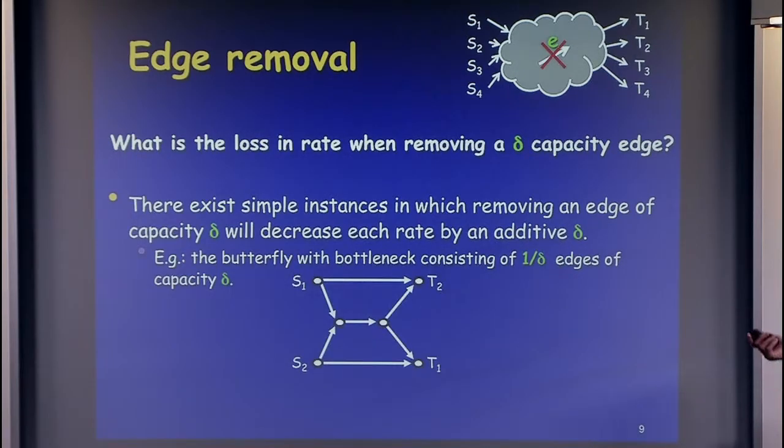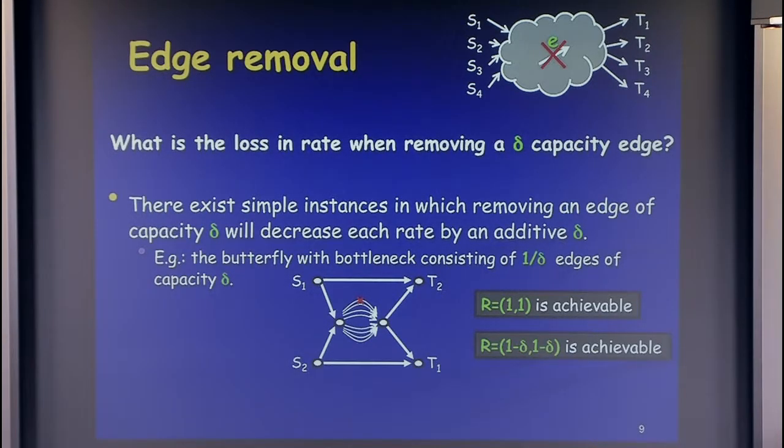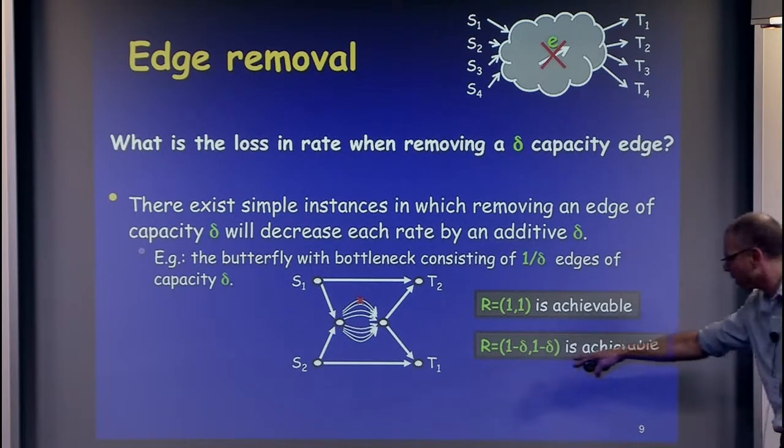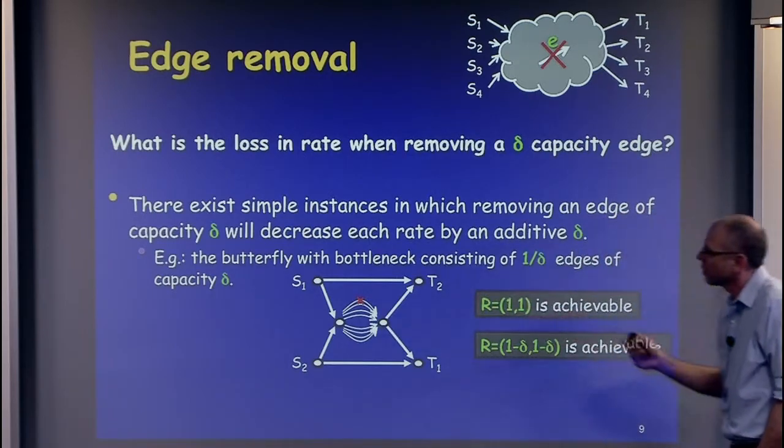And here's an example. It's just a butterfly example. In this example, you can communicate at rate 1, 1, in the sense that if each edge has capacity 1, then you can just send these bits over the network with block length 1 and communicate at this rate, and this rate is optimal. But now if you change this bottleneck edge into a bunch of edges, each one of capacity delta, let's say 1 over delta of them, and remove one of them, then again, it's very easy to see that the best you can do in this case is to communicate at rate 1 minus delta, 1 minus delta. So you're losing a delta capacity in each coordinate when you're removing a delta capacity edge,